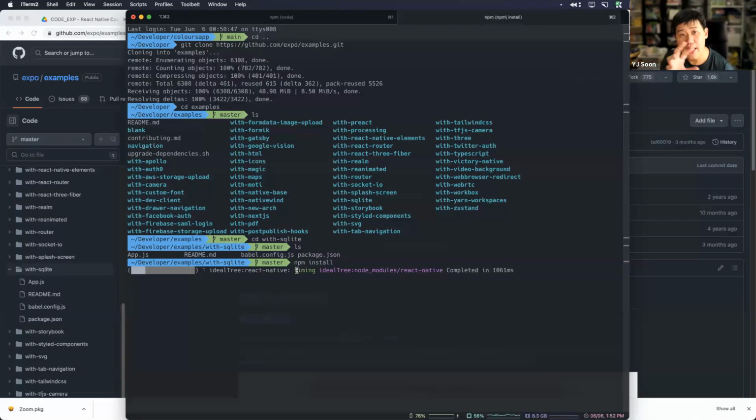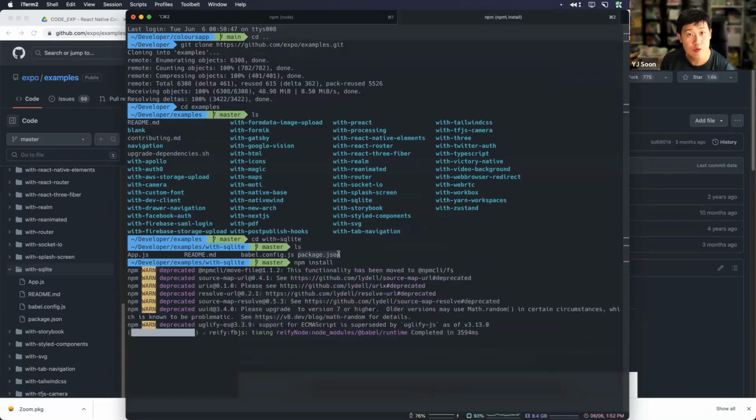Okay, you've seen npm install used with npm install followed by React Native, React Navigation or whatever, right? Now npm install just means, hey, go to this package.json and install everything inside there. Okay, so that's what it's doing right now. It's downloading a whole bunch of stuff. Later, just out of morbid curiosity, I'm going to check how much space this takes up.